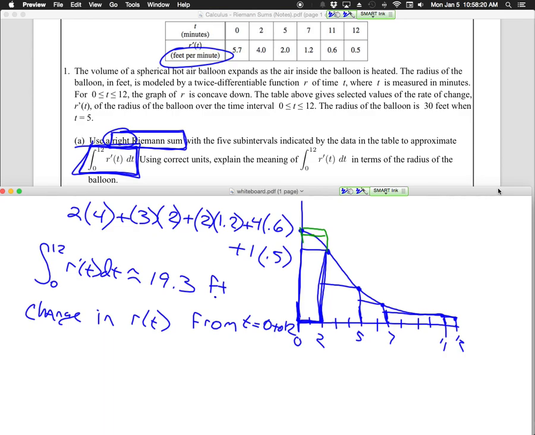Now, we've got to replace some words here though. We never want to end with change. There are 2 types of change. What 2 types of change are there? What is a positive change? Increase or decrease. So most of the time we want to take this change out and put increase or decrease. In this case, it's going to be an increase. Why is it an increase? Because this is positive. So we're going to say it's an increase